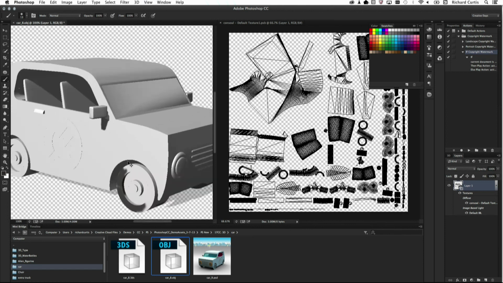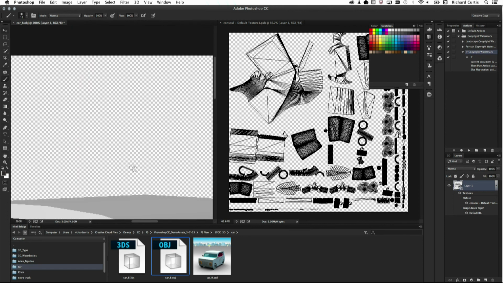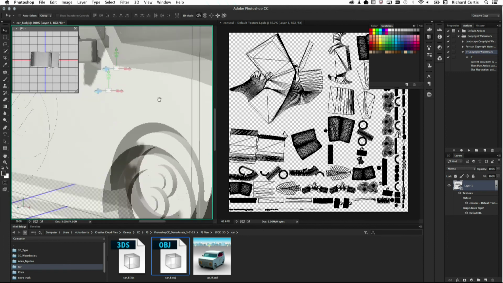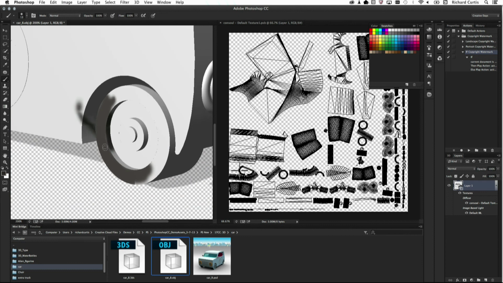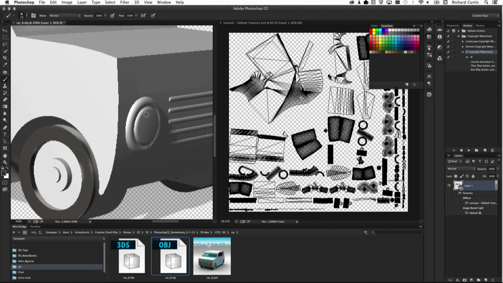If I just zoom in there to get a better view, I'm able to paint on my object very quickly and make it look quite nice. I may want to go and paint something with the headlights, so I can hover over here, and you can see that my headlights are actually over here. So let's just zoom in there,